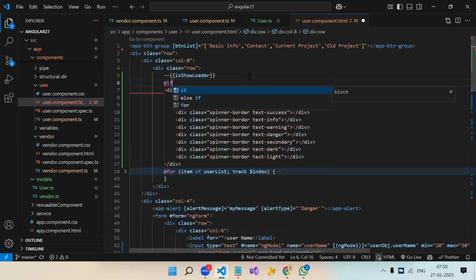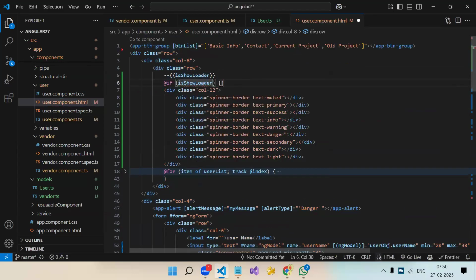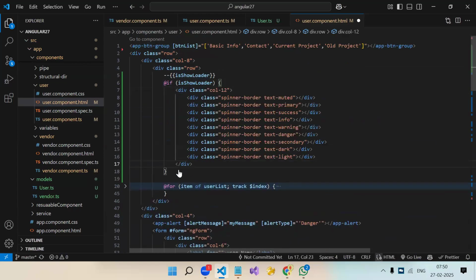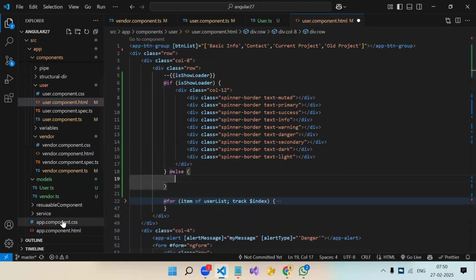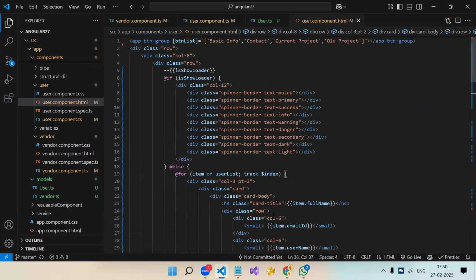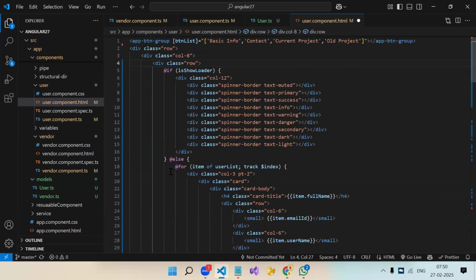So if this variable is true, then we have to show this col. Else, we have to show this for loop. So if this variable is true, we show this loader div. Otherwise, our for loop will start, which will iterate over the user list. Okay. Save.